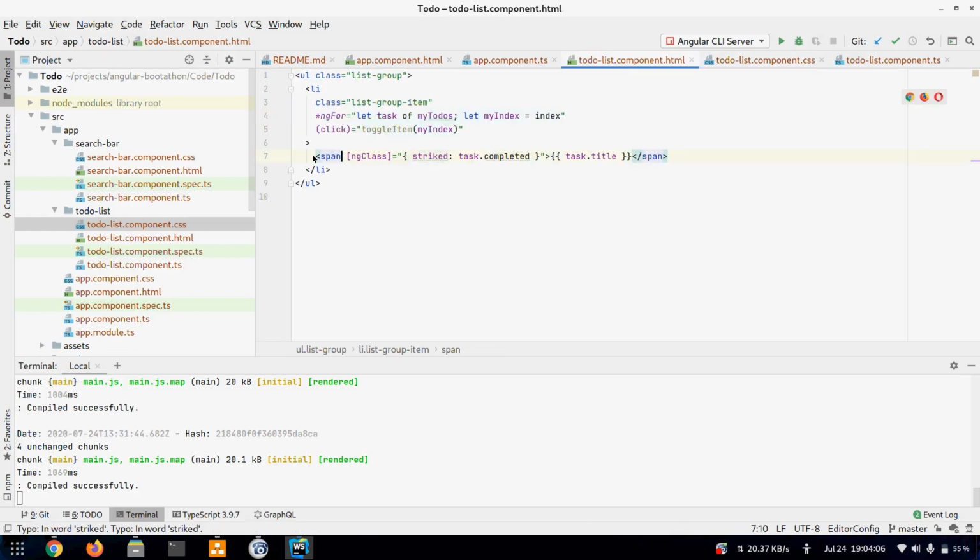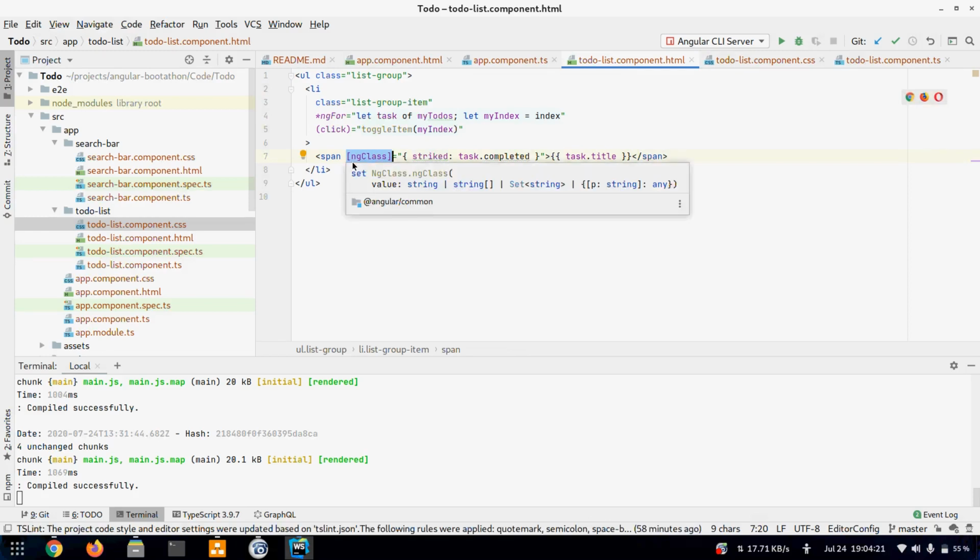Now we want this class to be applied to this element only if task.completed is true. To conditionally apply CSS classes, we have a syntax here. We use ngClass and provide square brackets, and as we are using square brackets, everything inside will not be treated as a string. So we pass an object.